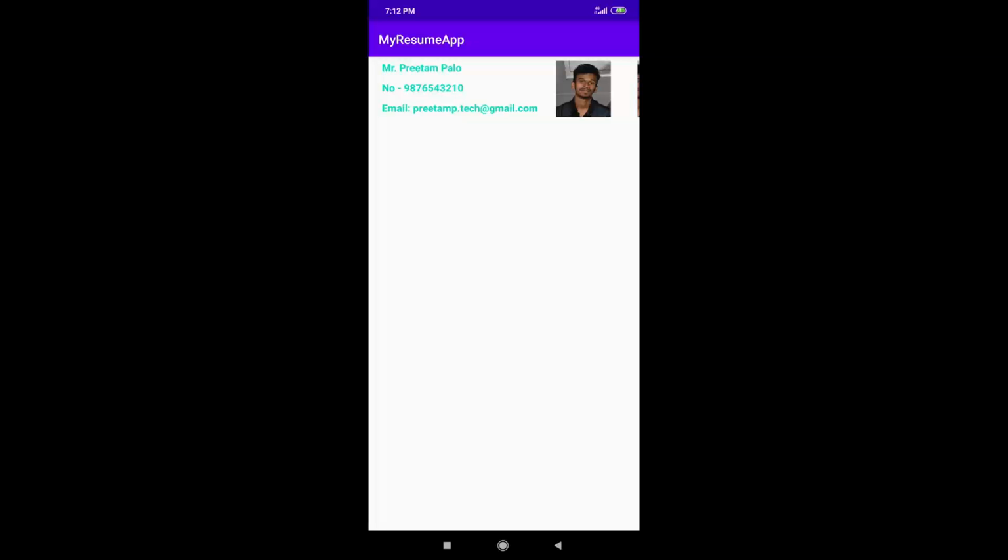I hope everyone can try and do this. It is really interesting, and I've made only half so that you all can give it a try and complete it. If you look carefully, I have set an image view, and along with it there are 3 text views, not edit text. Why? Because if you put edit text, you have to insert data, and I'm not going to insert any data here.